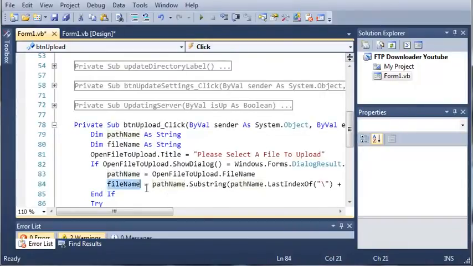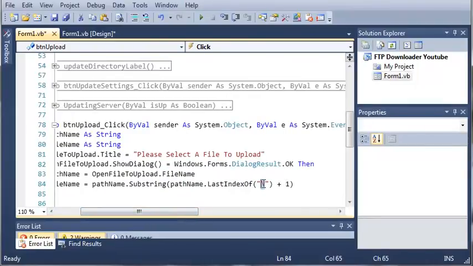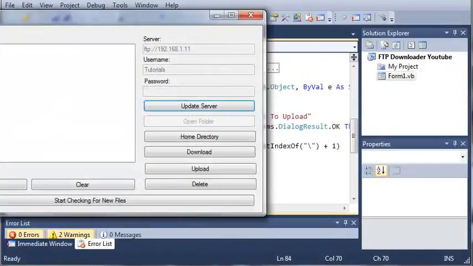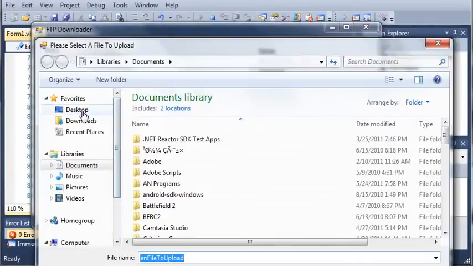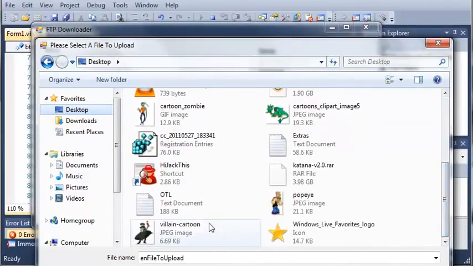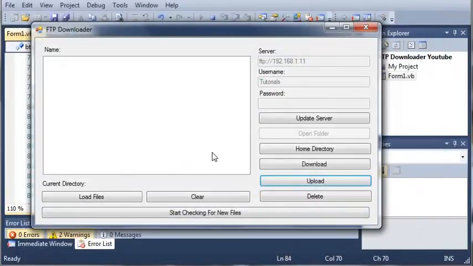Now I know this part right here can be a little confusing, but if you play around with this and see by changing the last index of this, or if you go back to the substrings tutorial and look at this, you will be able to figure it out and see what's going on. So I'll go ahead and run this. Go ahead and click upload, and let's just go to my desktop, and let's just upload Popeye to the FTP server. So we'll click open, and it's going to open up that file, and it's going to upload it to the